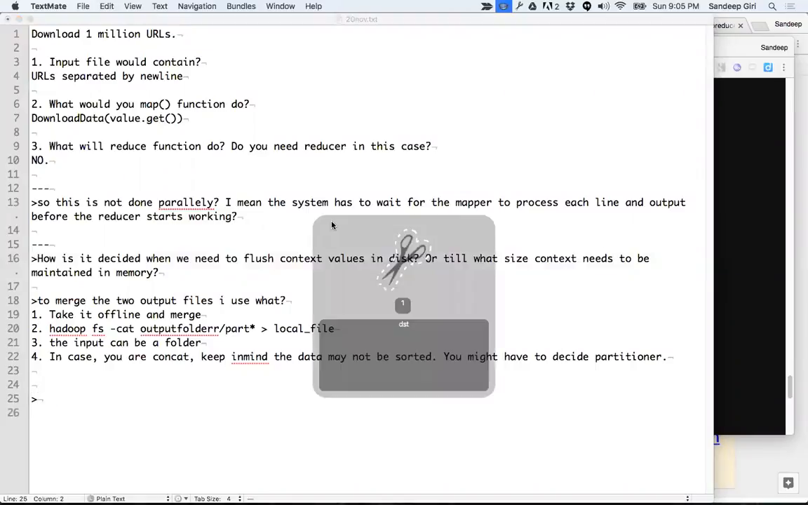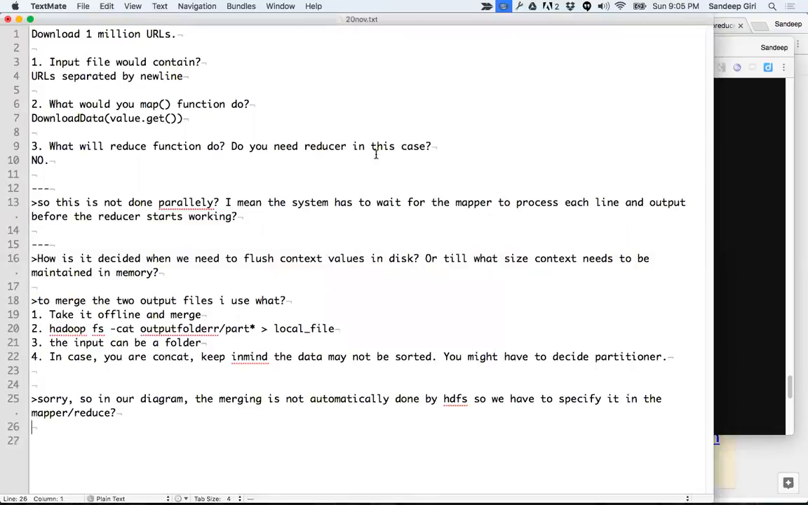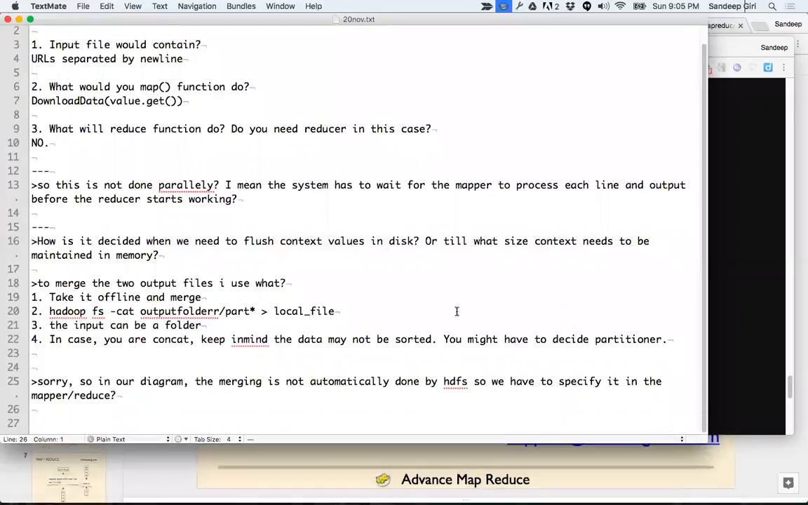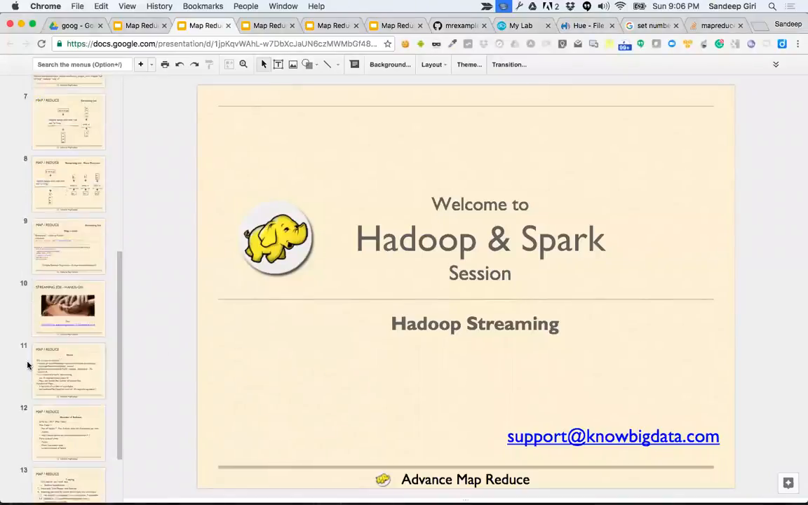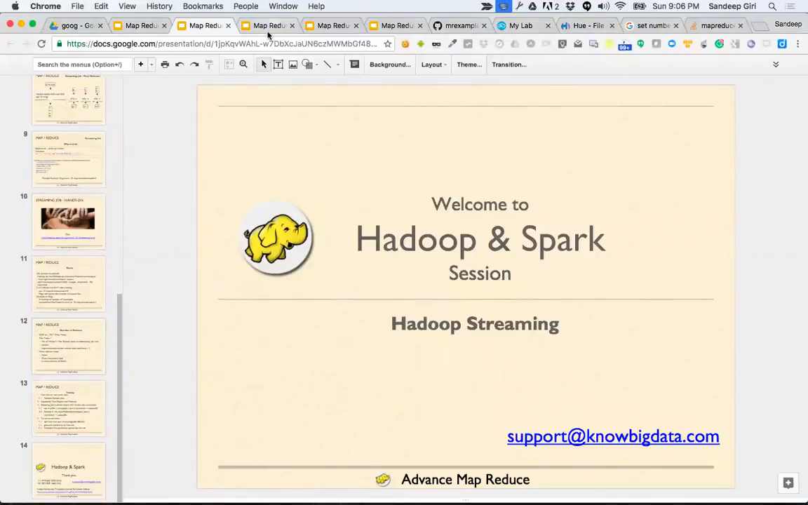So there was another question. A question from Ted is, in our diagram, the merging is not automatically done by HDFS, so we have to specify it in the mapper or reducer. So in our diagram or anywhere, whenever we are having multiple reducers, or if there are no reducers,